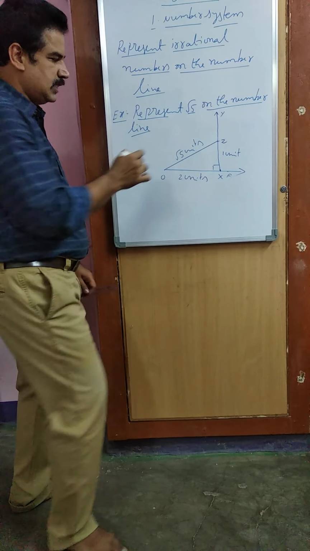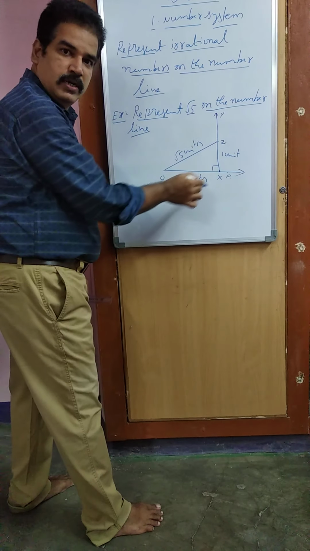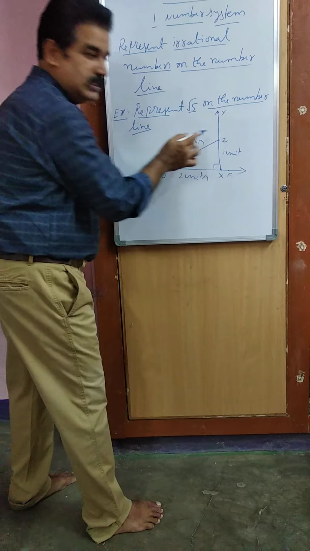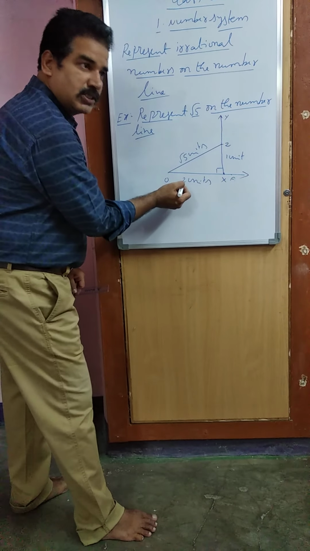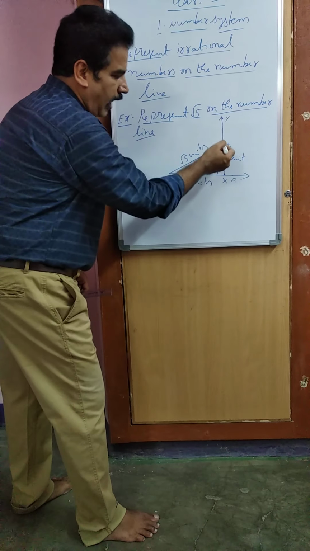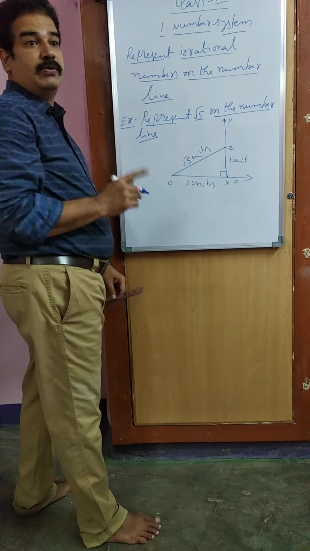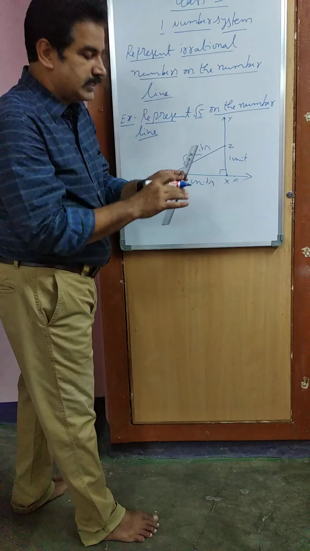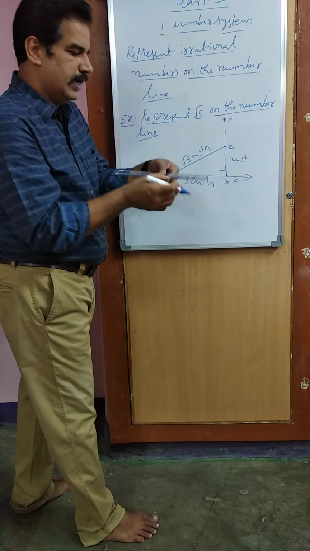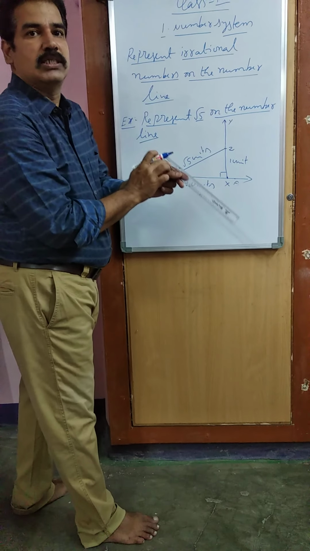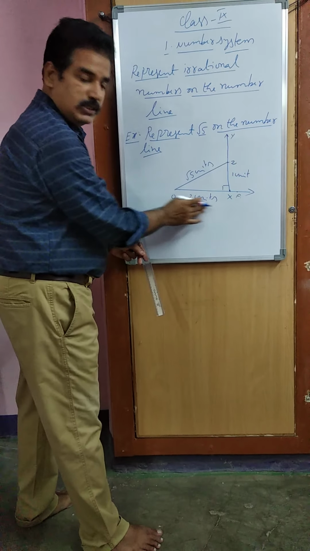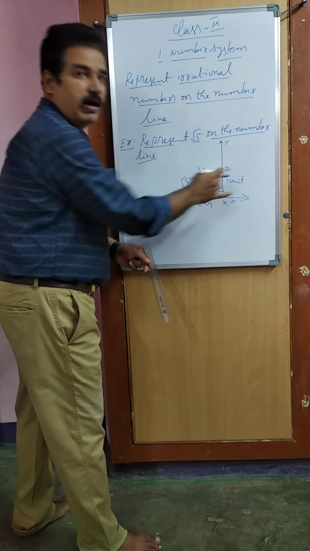How you get this: what type of triangle it is, you know? This is a right triangle OXZ. In this, OX is the base, 2 units, and height XZ equal to 1 unit. We take inch. Remember, don't take centimeters, which are small units. Inches are somewhat big; 2.5 centimeters equal to 1 inch. That's why I take 2 inches base, height 1 unit.